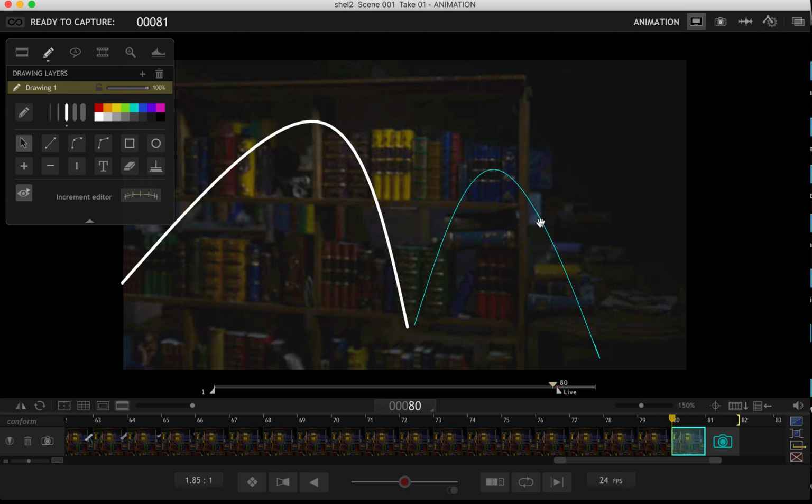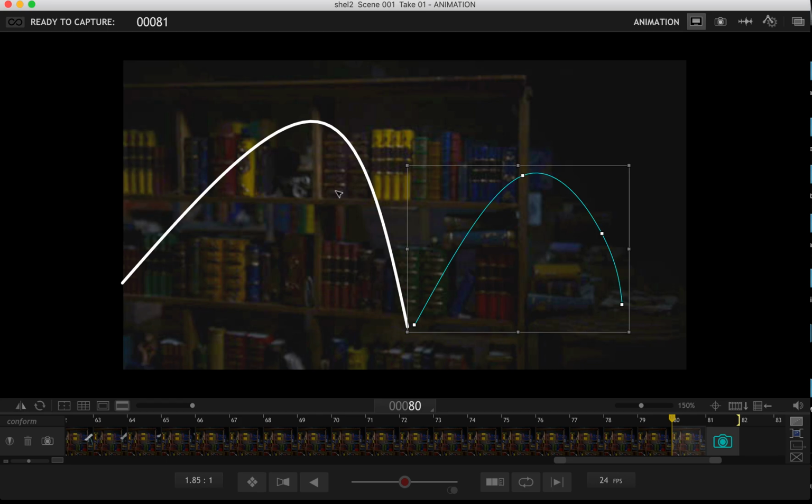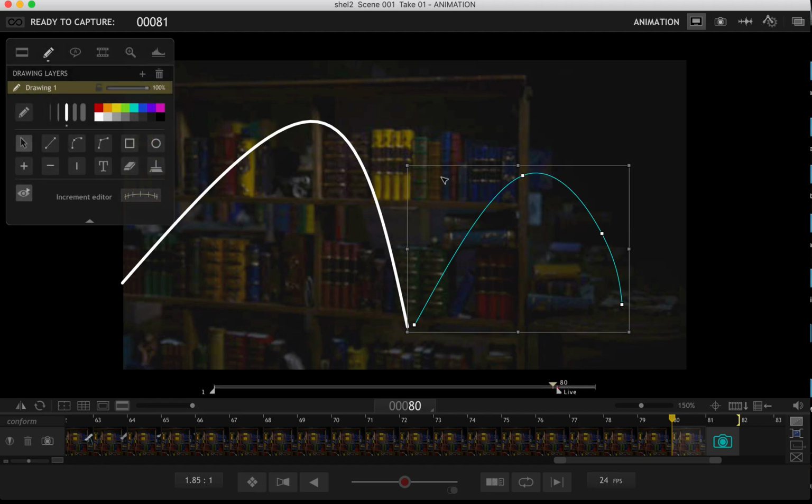Now, the great thing about these is if you pick this line, you have all these little handles where you can move around the cursor. And what we're trying to do is create that perfect little arc for a bounce. And you're wondering why we're doing this. Because you're moving a character, or this bouncing ball, around in space, you're going to need to follow this arc. And instead of having to eyeball it, you can create these. So if you click on this now, you can adjust it like I showed you, or you can click on